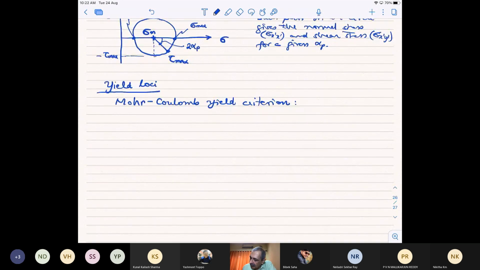And that essentially says that at the yield point, the shear stress at the yield point is equal to a constant, I'm calling it F prime, times the normal stress at that point. So here F prime, which sometimes we can write as tan of beta,